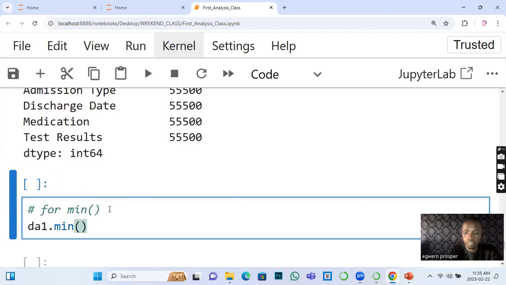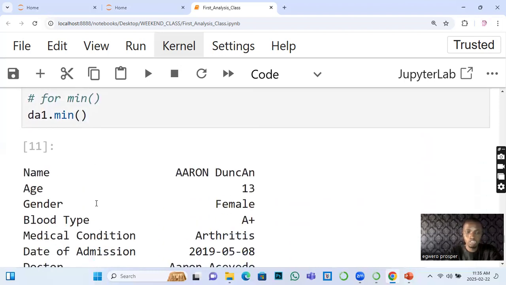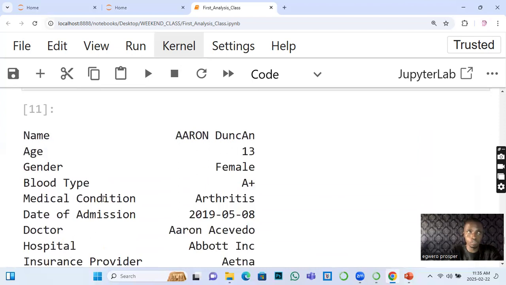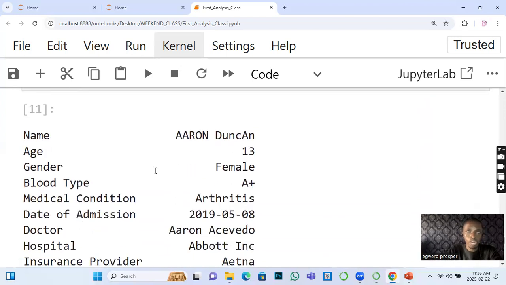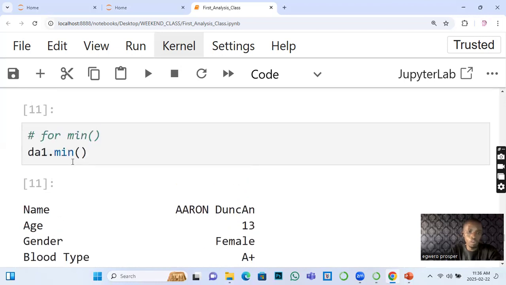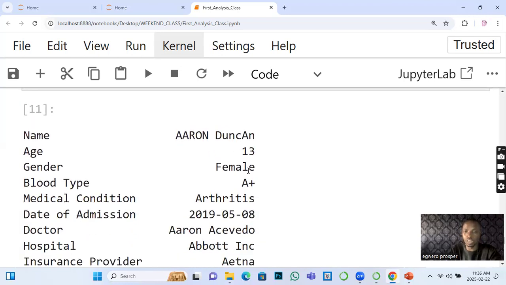minimum. Now you can see that it captured some of the headers that the other one did not. When we use describe, it could not capture string headers. But using this alone, I'm able to get something very important. There are some analysis questions this is answering. For example, if I am asked between male and female in that data set, which one do we have more of? This analysis has shown that we have fewer females, because you are running minimum, and what it put is